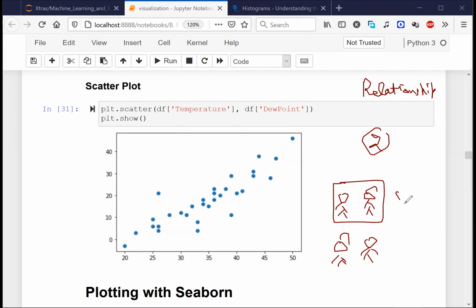It can be a love triangle also. You need at least two variables to be in a relationship. Making sense to everyone, right? With a single variable, you won't be talking about a relationship. If you have multiple variables, multiple columns, then only you will be talking about relationships. How many are able to understand this now?